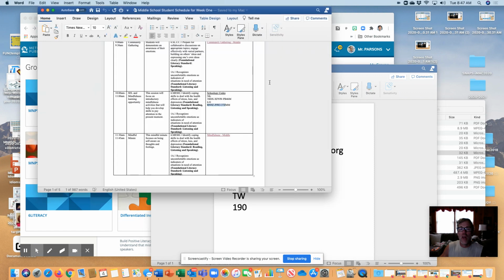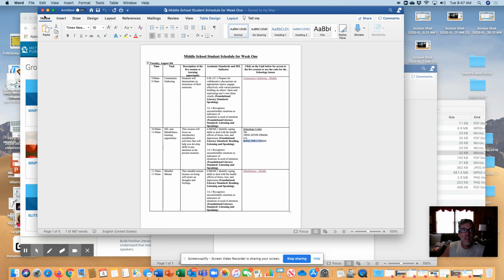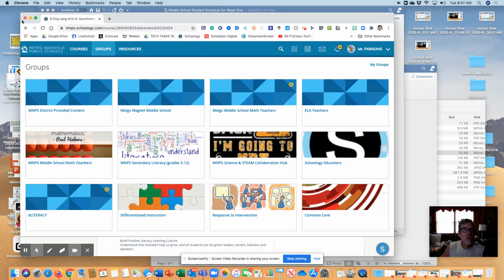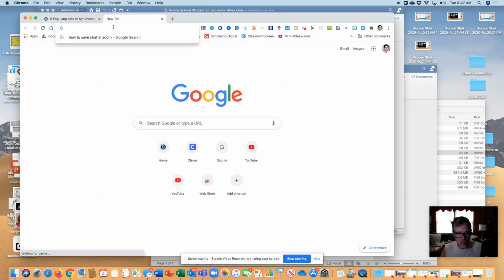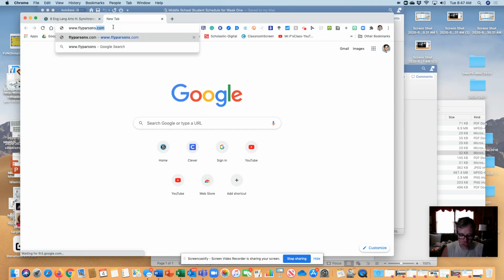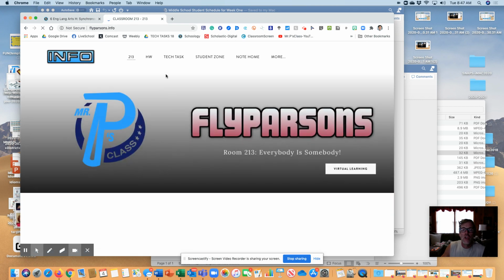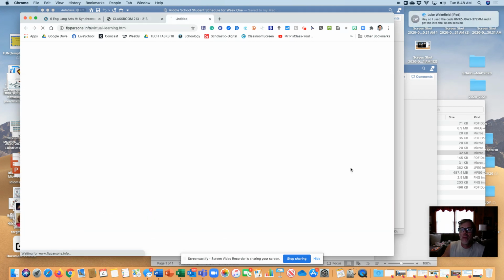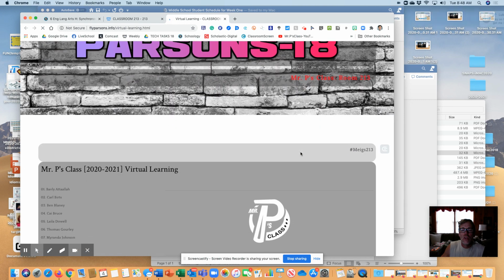They are on this sheet right here, the sheet that you can find at flyparsons.info. So if you go to flyparsons.info, and I'm going to do that right now, www.flyparsons.info, like this, and then if you click on the virtual learning button, and then over here, you will see